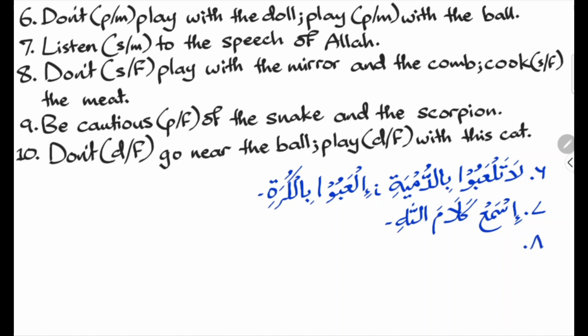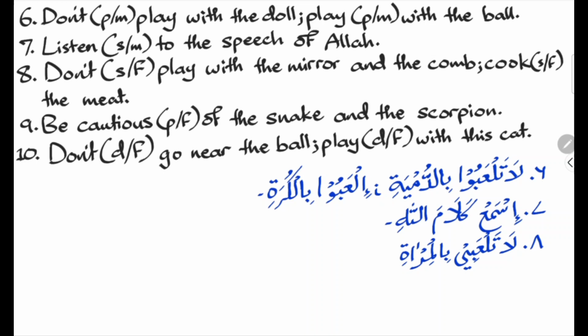Number 8. Don't, singular female, play with the mirror and the comb. Cook, singular female again, the meat. Play in Arabic is la'iba. The amr, the nahi for la'iba for singular female is la taf'ali. So la tal'abi with the mirror. With is bi, the mirror is al-mir'at. بالمرآة